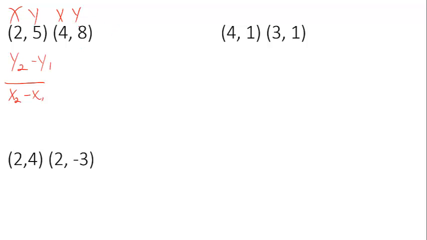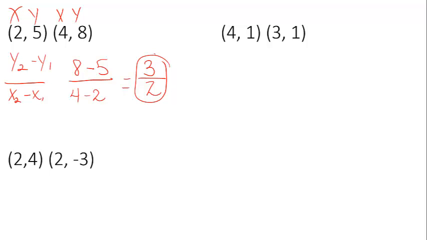I'll start over here in this second parenthesis with a y value and say 8 minus, and I know my other y value is 5. My x value has to stay in the same parenthesis I started with. So because I started with 8, my x value has to be 4 here. So 4 minus 2. And when I do this, I get 8 minus 5, which is 3, and 4 minus 2, which is 2. So my slope is 3 over 2,